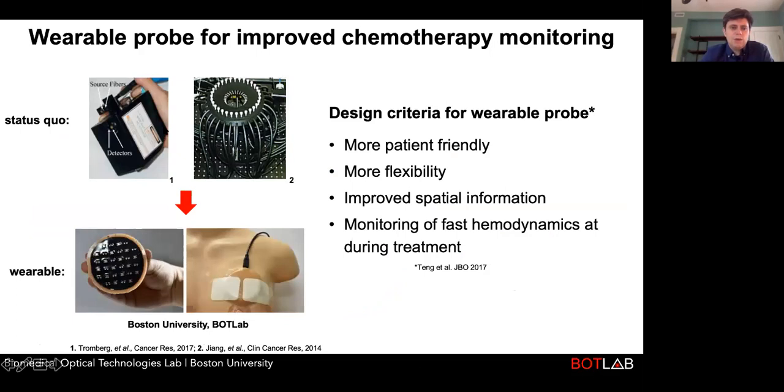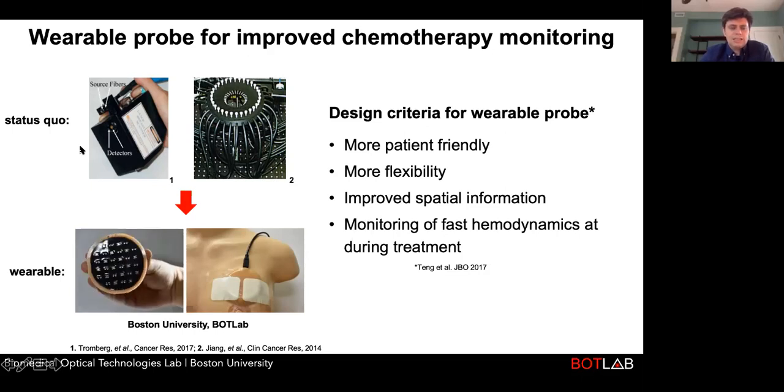So the status quo, whether it's the handheld probe I showed you earlier, the frequency domain diffuse optical spectroscopy, or a tomography system, this is one that another group made. And so the breast goes in here and you have many optical fibers coming to and from the breast. This looks a little scary to me, if I can be honest, but you know, these were exciting and are